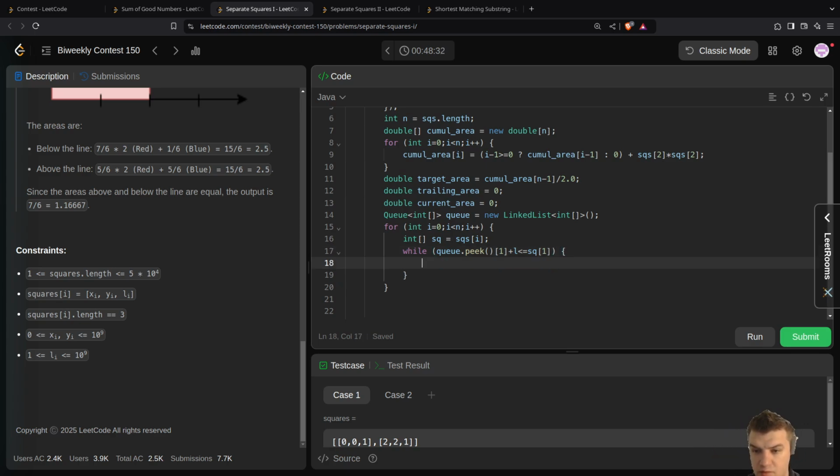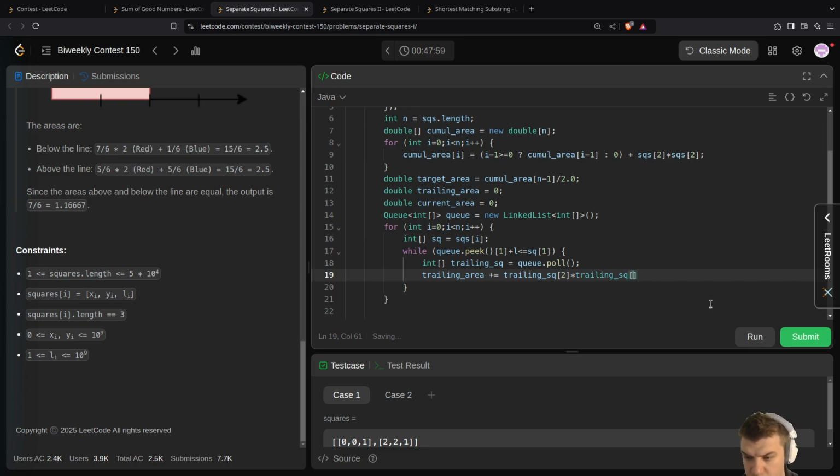I'm gonna do int trailing square equals q all, and then trailing area plus equal trailing square length by trailing square length,